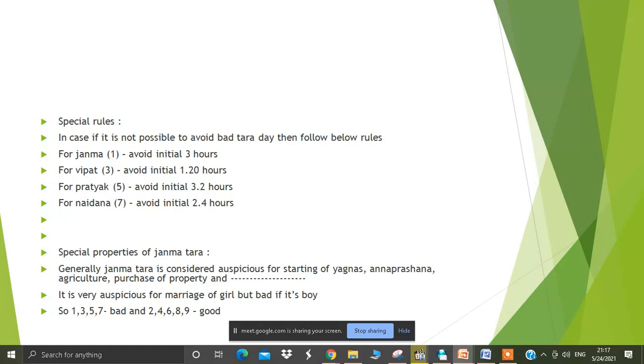Actually, there will be suspicion in married life. Why would there be suspicion between the couple? I don't know the reason, but maybe we can make a story like this: Rama and Sita got married in Pushya Nakshatra, and Rama doubted Sita. So from then onwards, Pushya Nakshatra is bad for marriage.